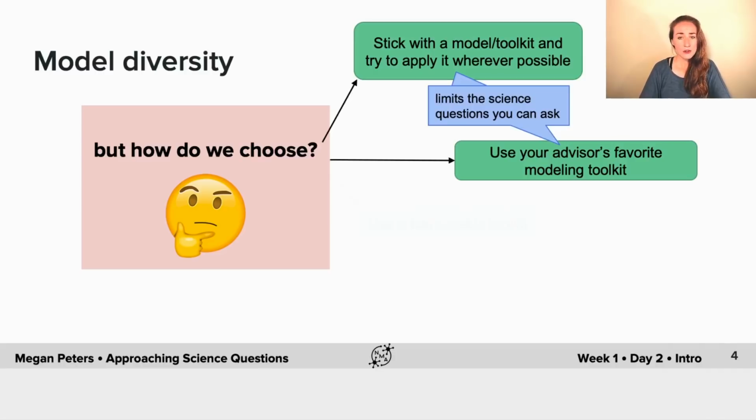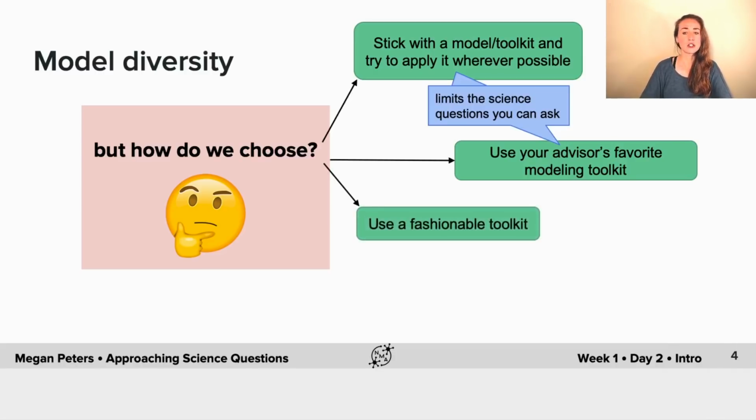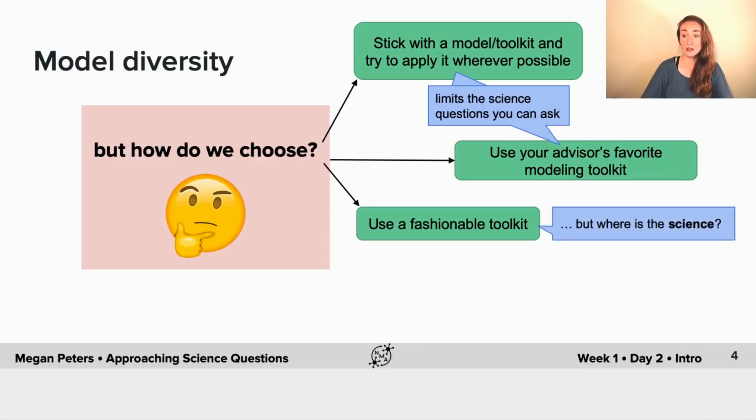Okay, so here's another option. You might think it's great to use a fashionable toolkit, something that's super in right now or state of the art, so you can publish in a really high impact journal. So you might say, hey, what's really hot right now, what's really in? Deep convolutional neural nets. Those are the greatest. Artificial intelligence. I'm going to therefore apply state-of-the-art deep convolutional neural nets to this problem, and obviously I will get some insight. Well, okay, but the issue is that randomly applying machine learning, or really any model that's fashionable or hot at the moment, isn't really going to get you very far. A model just fitting the data, that alone doesn't provide a lot of answers. What we are going for here is explanation.